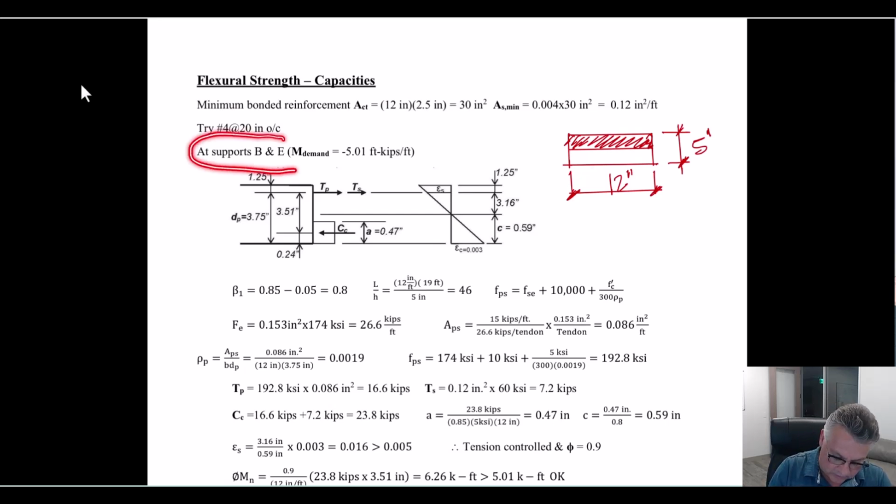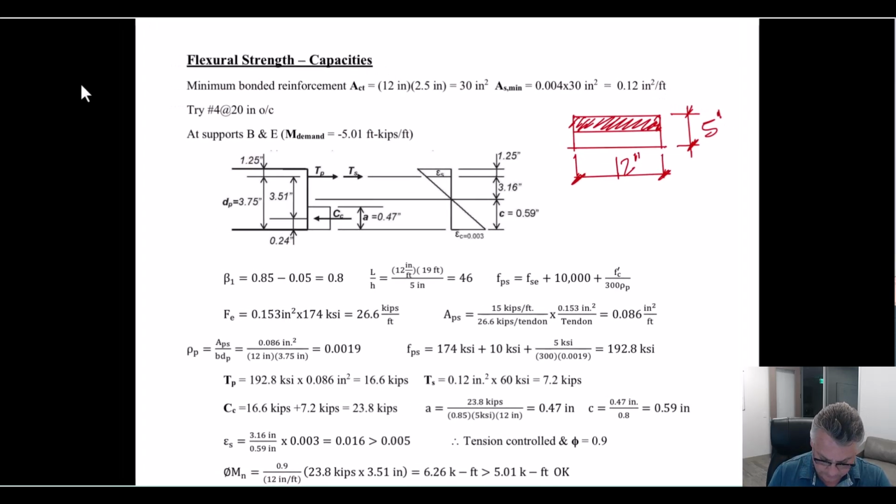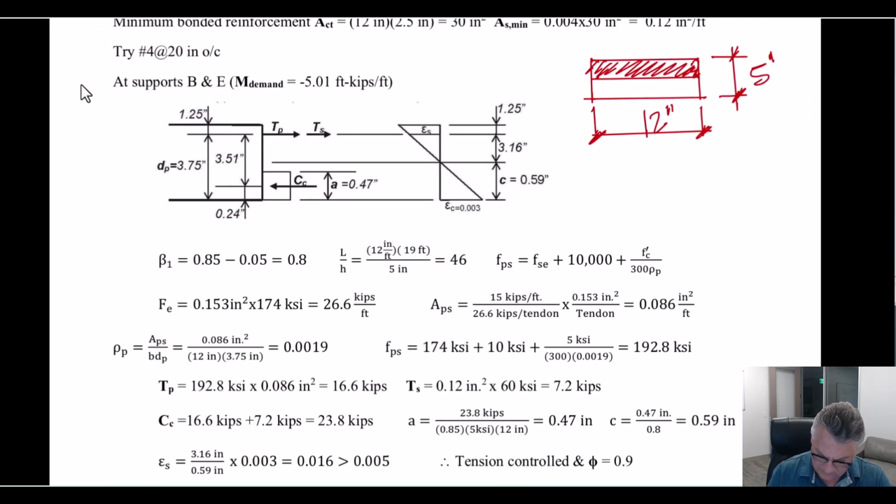So let's look at the supports at B and E, where we have the 15 kips a foot. We have a demand moment of negative 5.01 foot-kips per foot. That's MU plus 1.0 times the secondary. Everything is the same as it was with the beams, except the FPS equation now has a 300 in it